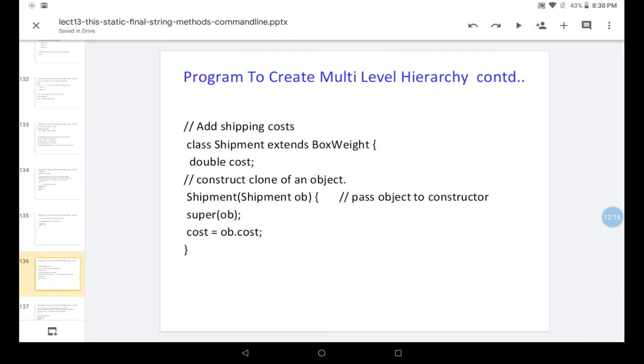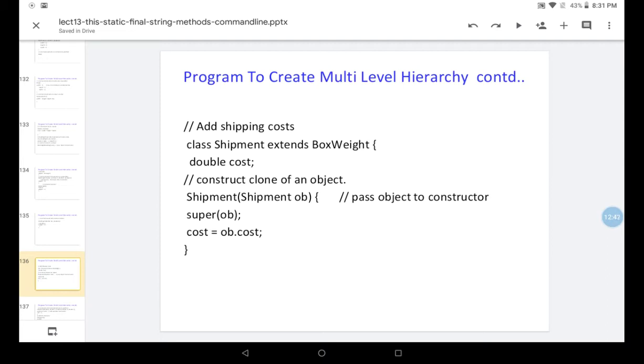Yeah, so previously we have seen Box and BoxWeight, but for creating a multi-level hierarchy, a second level, we are creating another class, that is Shipment. To add shipment cost we need the Shipment class. So class Shipment extends BoxWeight.